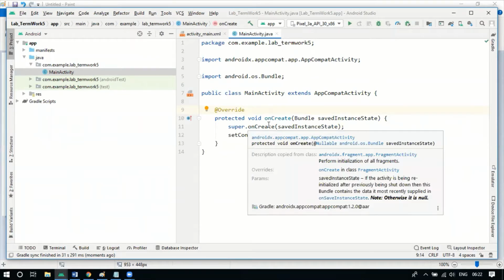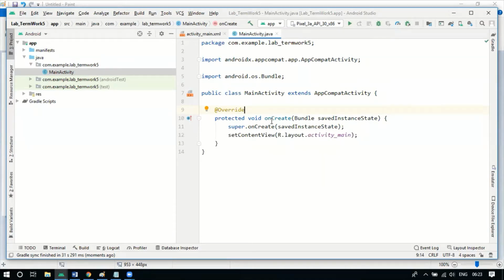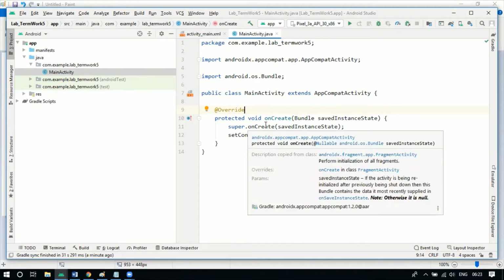This method tells us where you are going to initialize your activity, so we need to override it. The savedInstanceState is an object of the Bundle class, which tells if you have saved previous information, so that when you roll back, or if you made changes to vertical or horizontal orientation, the same information can be reloaded again.